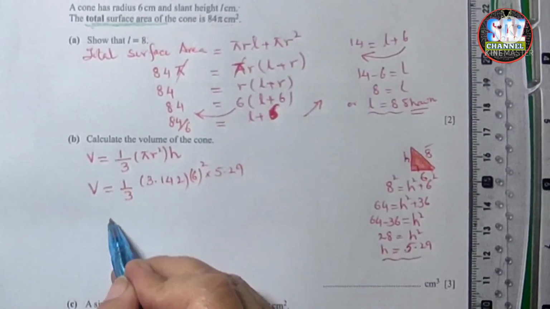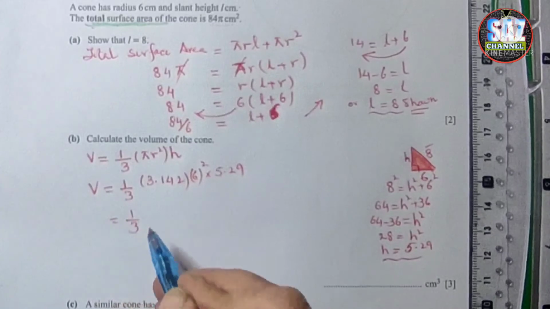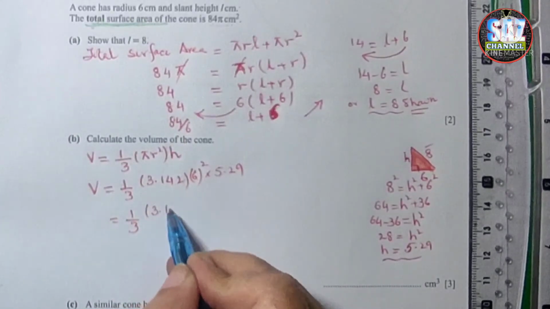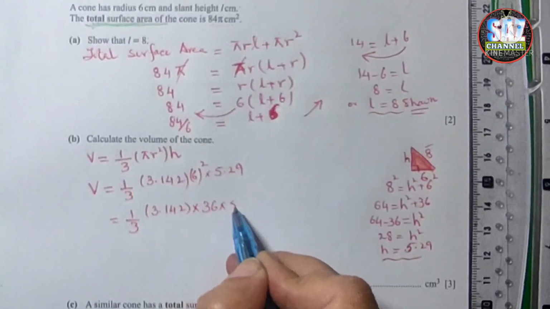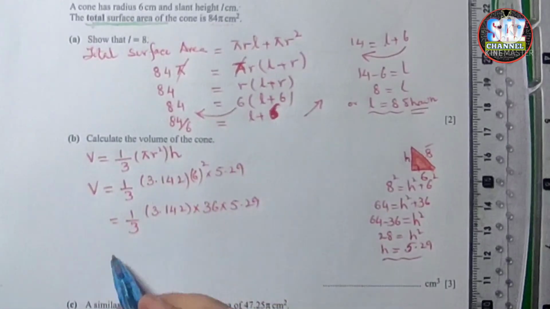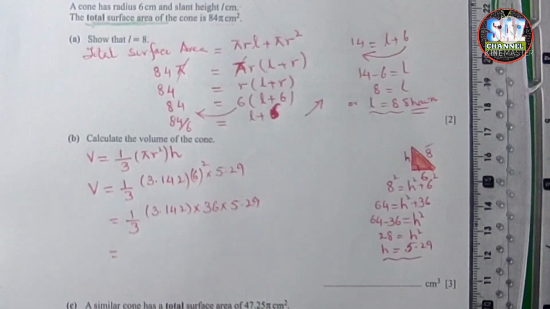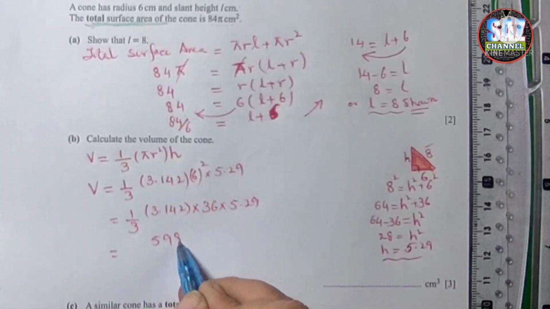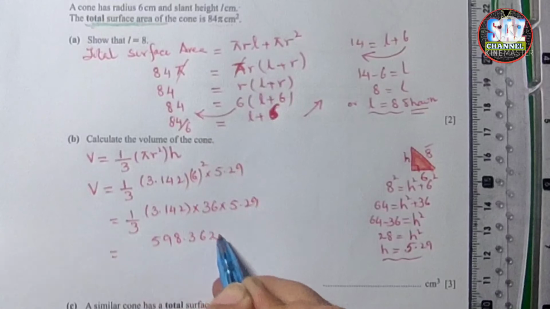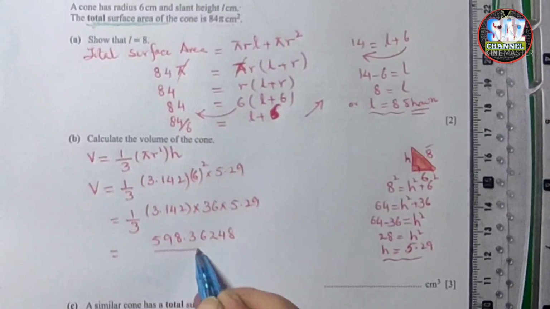And now volume will be equal to 1 by 3 multiplied by 3.142 multiplied by 36 multiplied by 5.29. So we just multiply all the values of the numerator. This is 3.142 multiplied by 36 multiplied by 5.29, and this gives me 598.36248, and divided by 3,